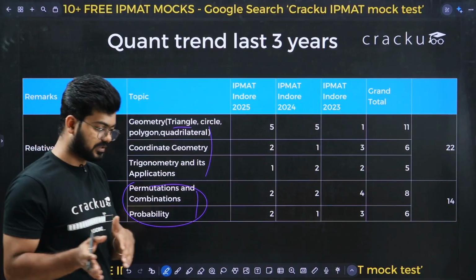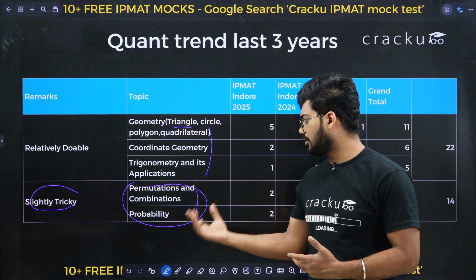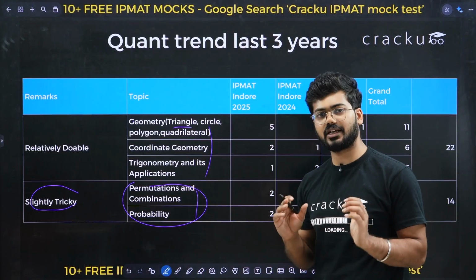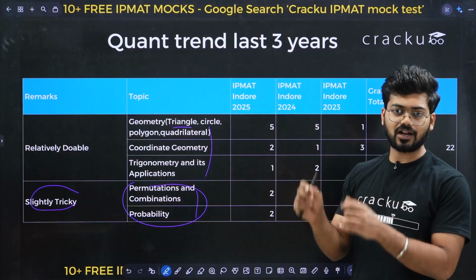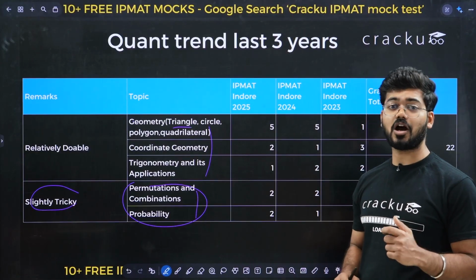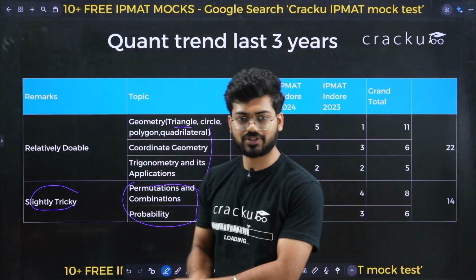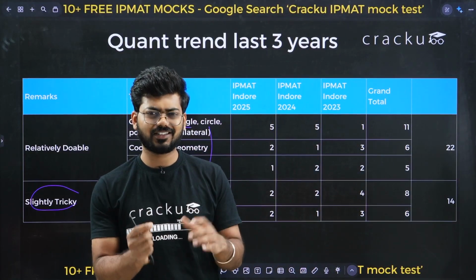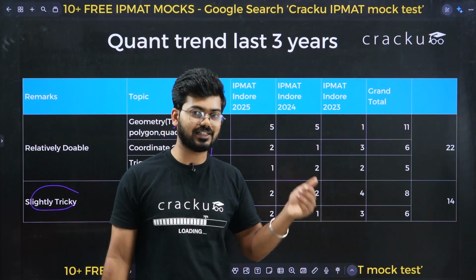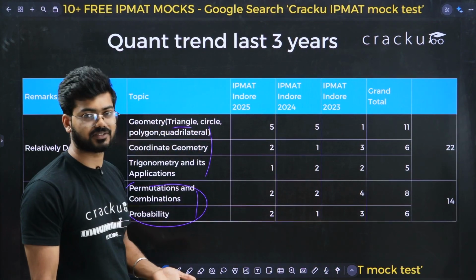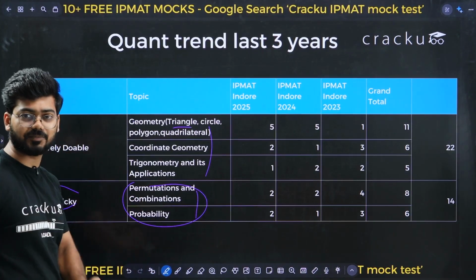In this, what happens is that easy questions come, but to understand permutation and combination and probability, it takes slightly more attention and sometimes even more time to grasp what is actually happening and how to make cases. The problem is that sometimes even if there is an easy question, we may miss cases. Even if we miss one single case, that will reduce our answer, and we end up losing marks.